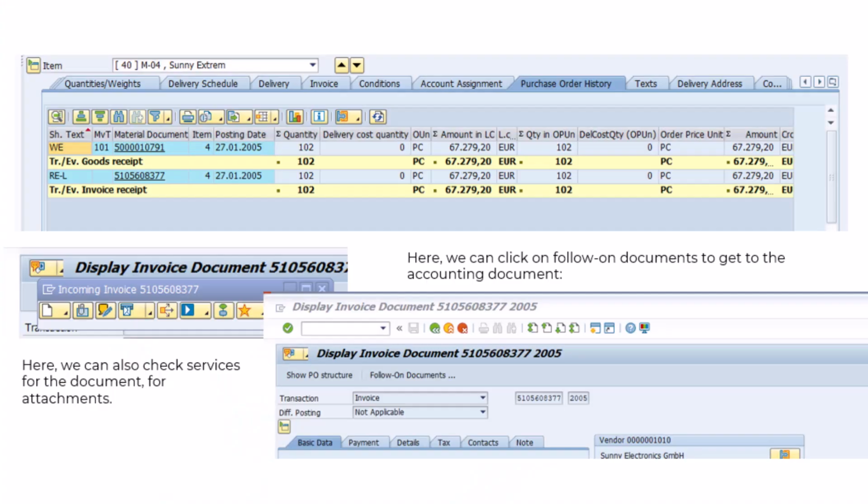If we are still in ME23N and we're thinking, okay, it's a strange purchase order, it's all happening on the same day, what happened with the payment? What we're going to do is just double click on this invoice number 51. We've got 51 here again. And when you double click on it,